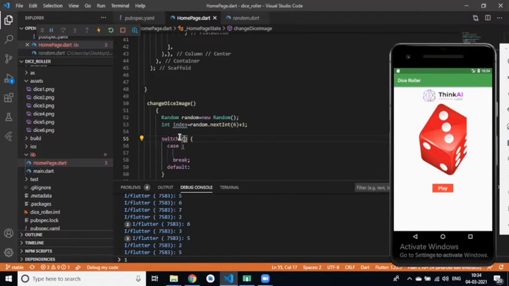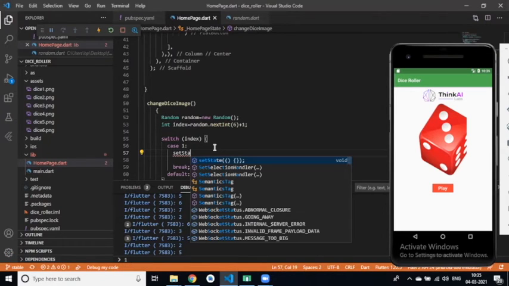In the switch case, first we have to pass our expression, so index, and in case 1, we have to call setState. Divya, what is setState? Why do we use setState? To change the state of that particular variable.